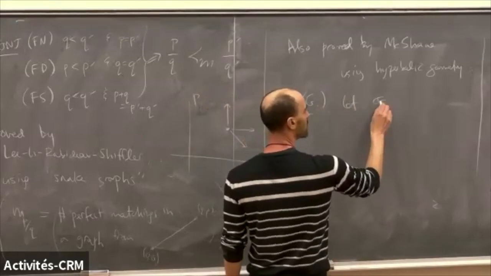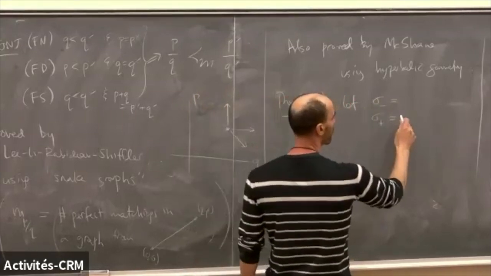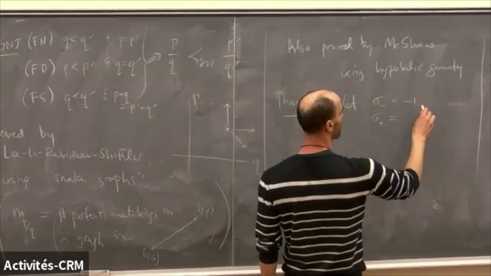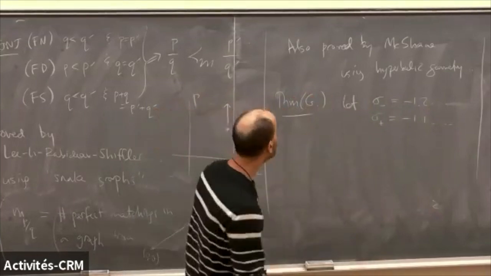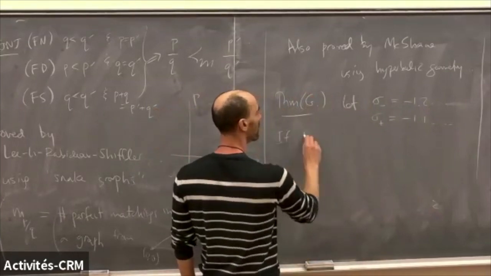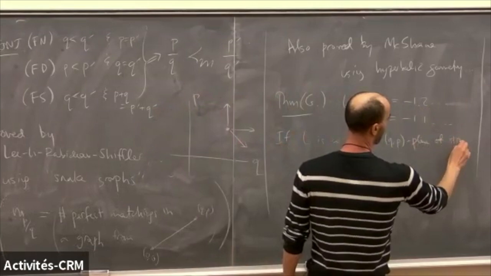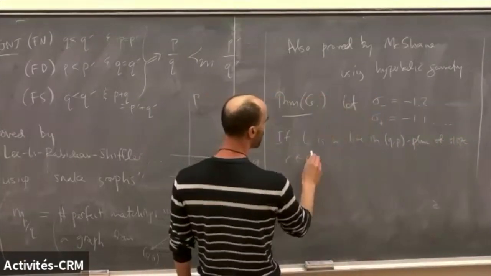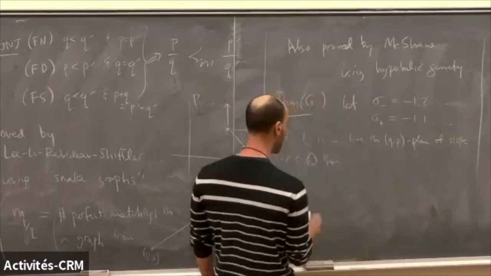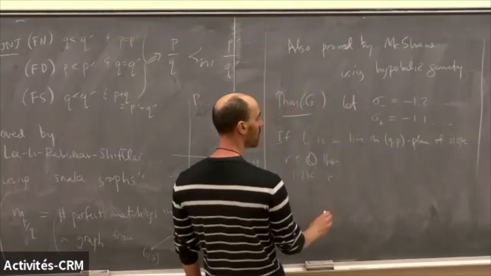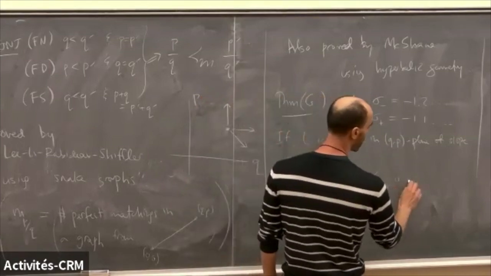So there's a pair of constants, sigma minus and sigma plus, which are precise, but their precise value doesn't really matter. It's something like -1.2 something, -1.1 something. You could write them with logs and square roots, so that if L is a line in the QP plane of rational slope, then the following holds. First of all, if the slope is smaller than sigma minus, then the ordering is